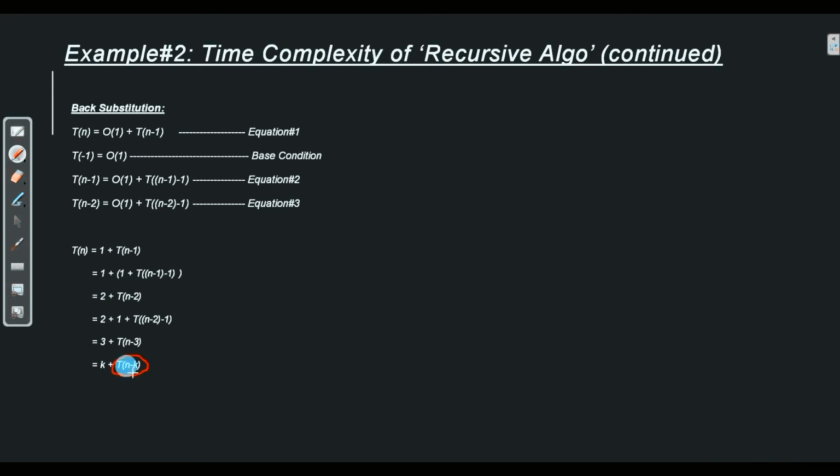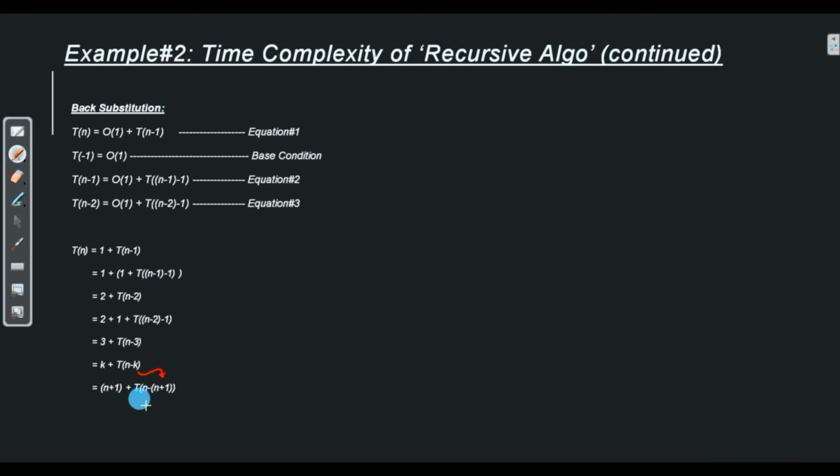The idea is simple. We already know that T of minus 1 is equal to order 1, which is our base condition. So can we do something here to make it equivalent to T of minus 1? Yes, we can. If we replace the value of k with n plus 1, then that gives us T of minus 1. So here we have replaced the value of k with n plus 1.